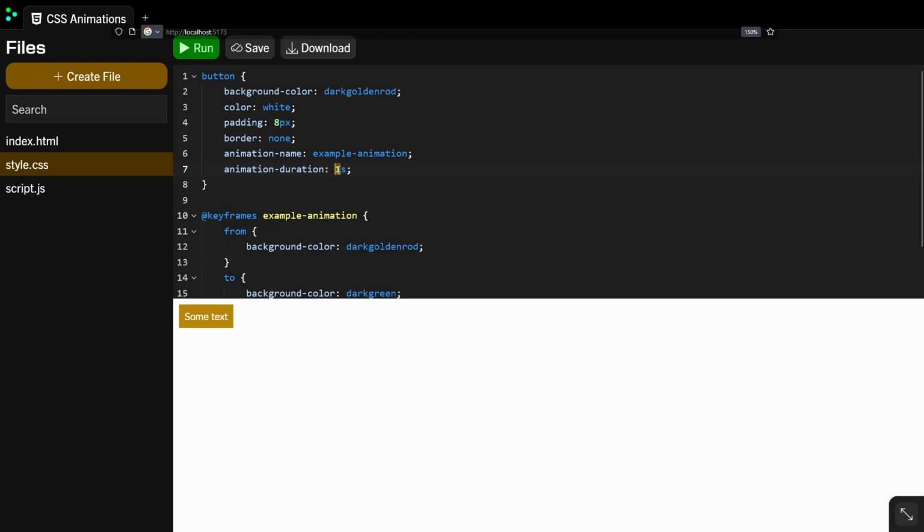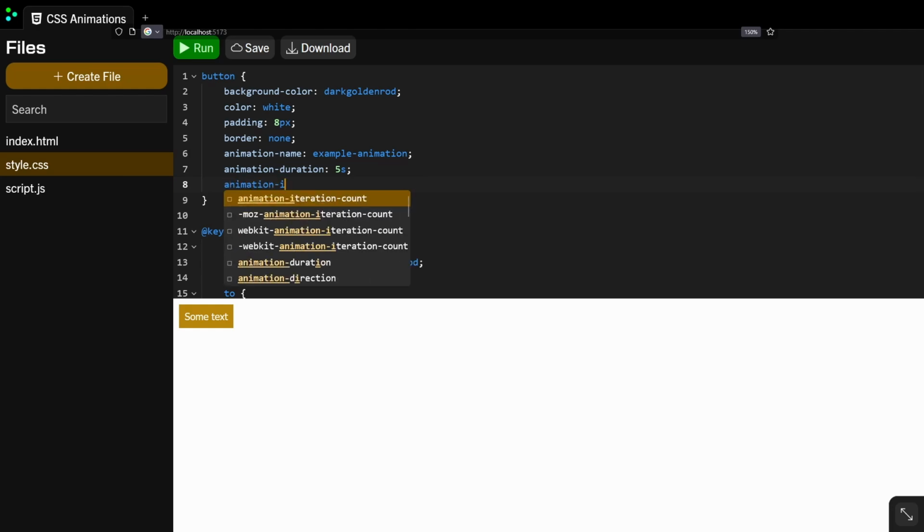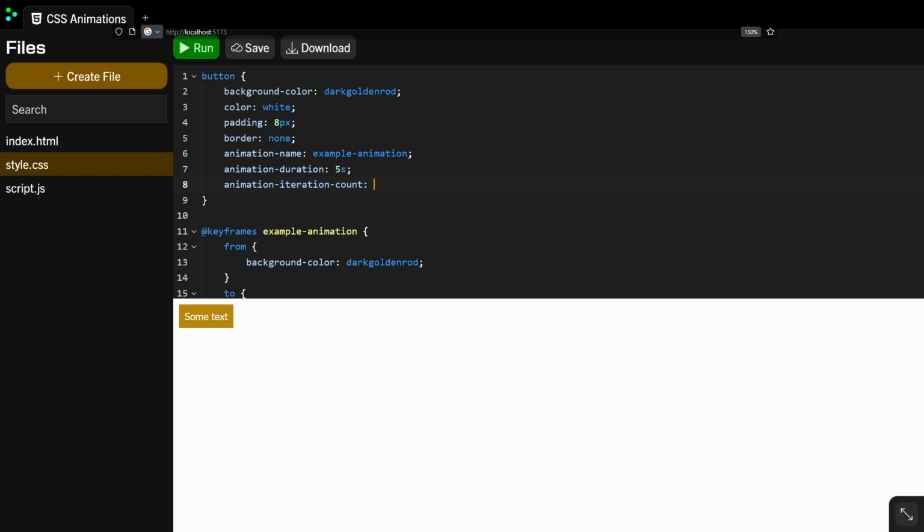We can slow it down if we want, or speed it up if we want. I'm just going to slow it down here so that we can see it easily. However, by default, the animation only iterates once. However, we can define how many times the animation should iterate with the animation-iteration-count property. And we can set it to a natural number